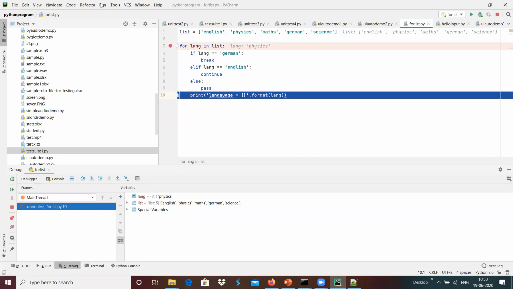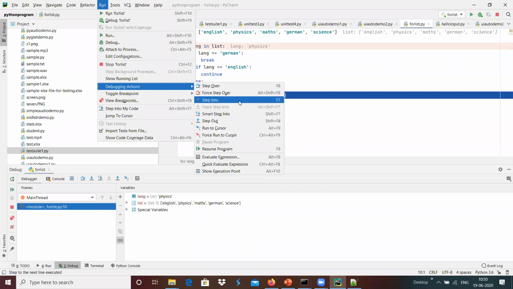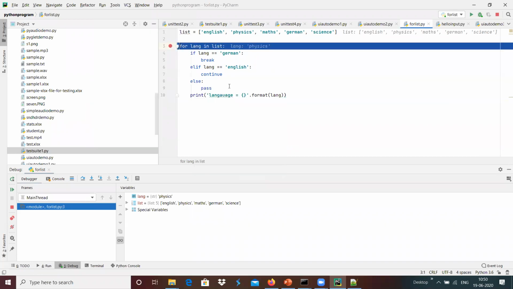And once it reaches, maybe we can run step over again. It goes to the for loop and gets the next sequence of input from the list basically over here.